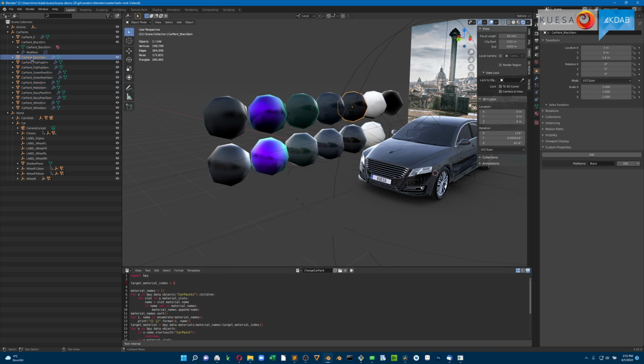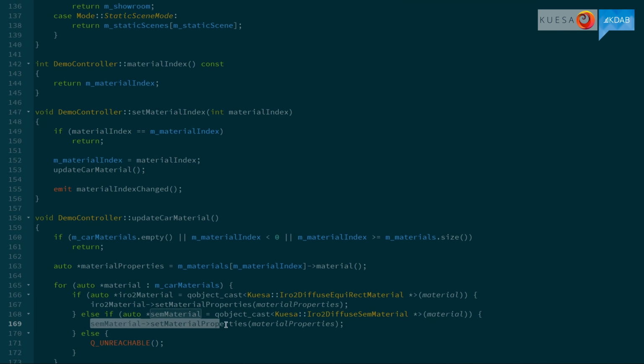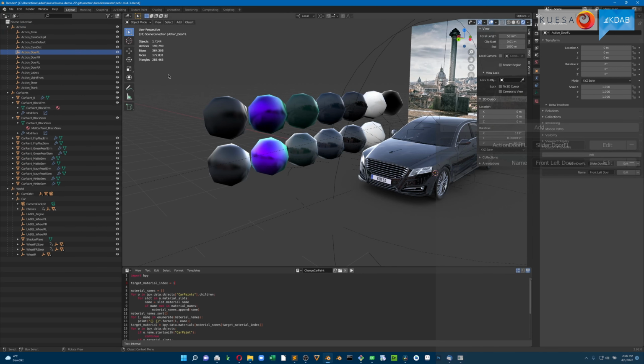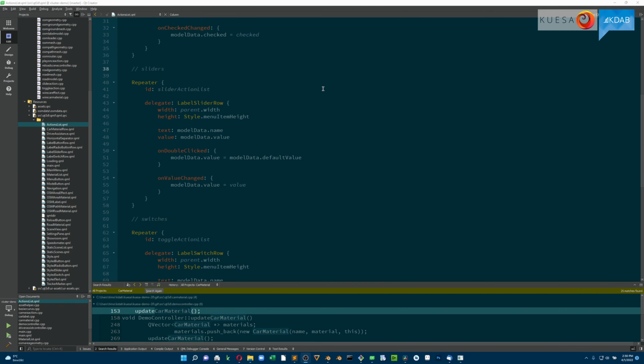Same thing for the car paint materials. We define a couple of dummy nodes with the respective materials attached to them. And in code we just need to search for these nodes and materials and rewire. For the animation and effect controls, we create some nodes in Blender with parameters referencing animation names. In code, each of those nodes result in a dynamically created control in our side panel. This is a flexible way of working.